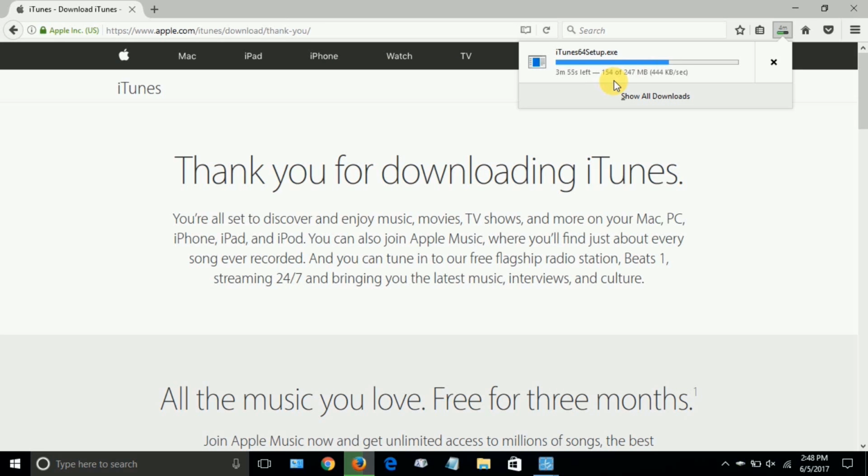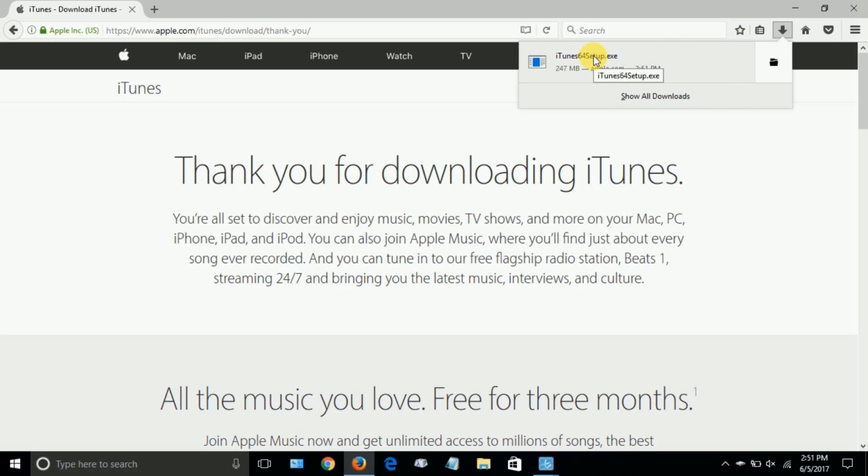And depending on the speed and performance of your computer system and the speed of your internet, this can take a couple seconds to a couple of minutes. And in my case, it took a couple of minutes because I was on a slow internet. But it finally got done, and now it's downloaded and it has been saved on my hard drive. And also it tells me thank you for downloading iTunes,